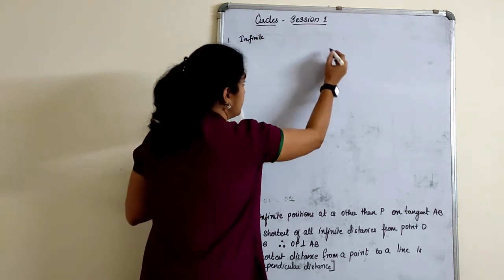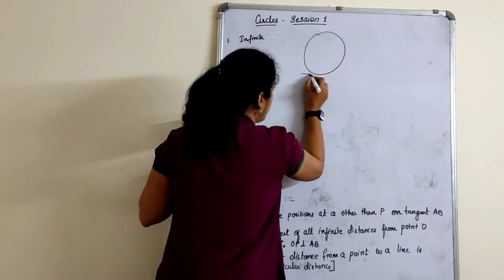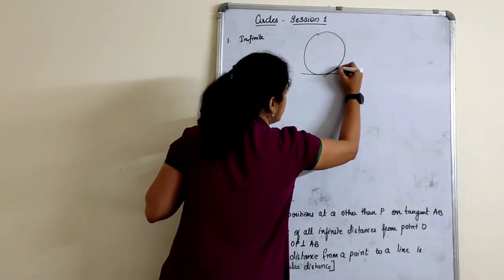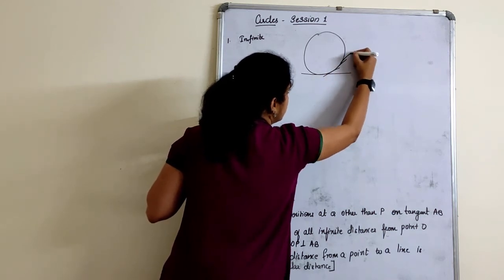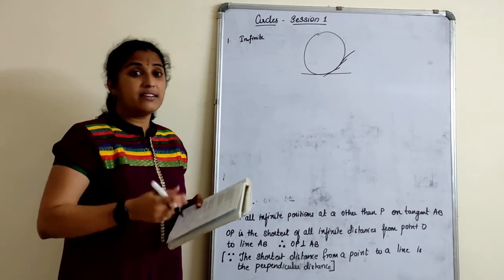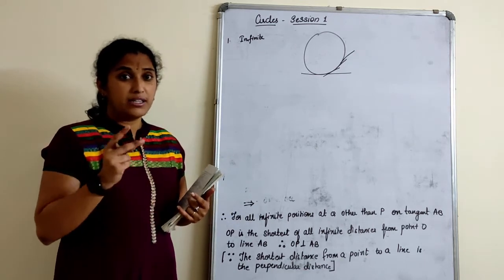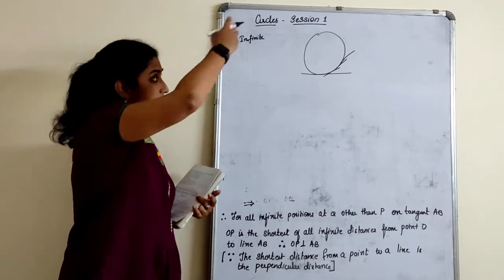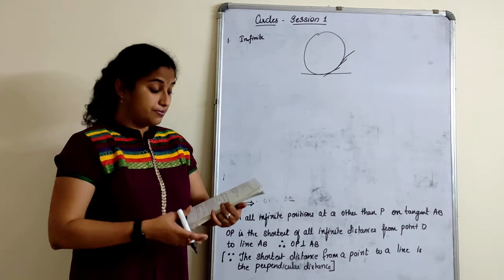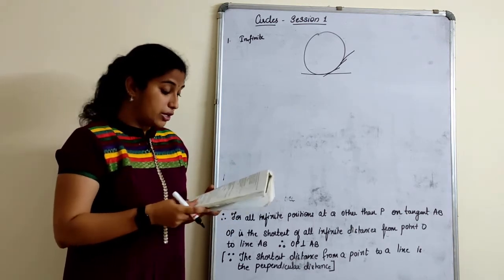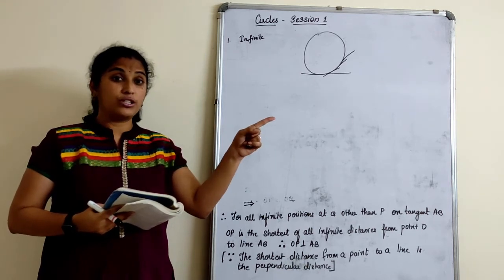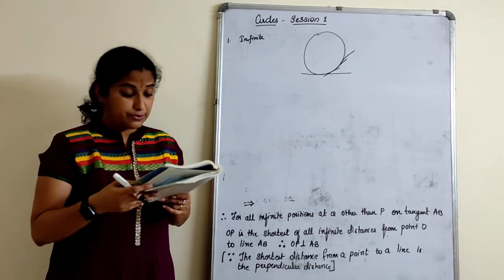Now see, suppose this is a circle here, I will draw one tangent like this. I can draw one tangent at this point, at this point, at this point. There are so many I can draw, right? How many radii can a circle have? Can anybody tell me? 1, 2, 3, 4. Infinite. I can't even fill that. Similarly, a circle can have infinite tangents, when we talk about one circle. If the same question is asked for two circles, children, the explanation is different. I will tell you all that later.